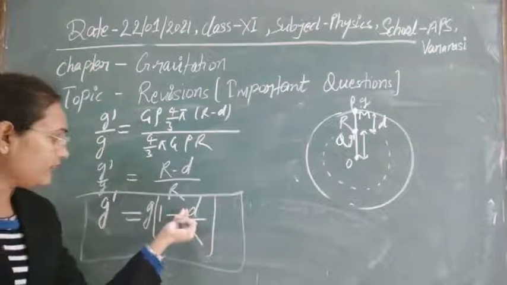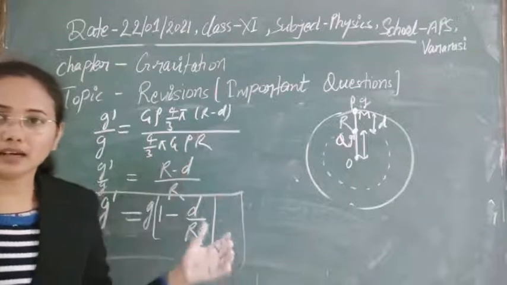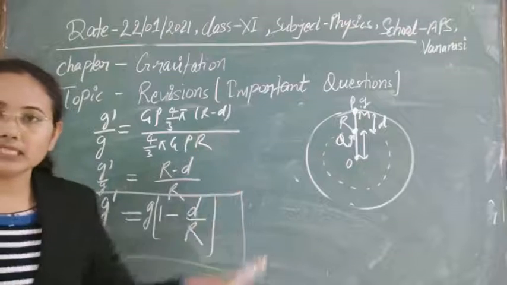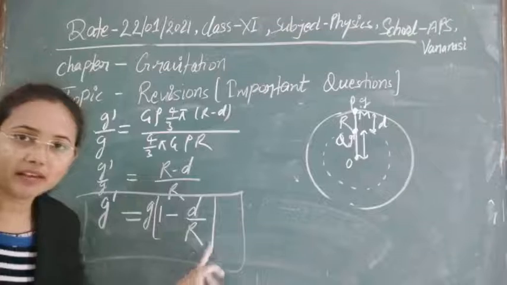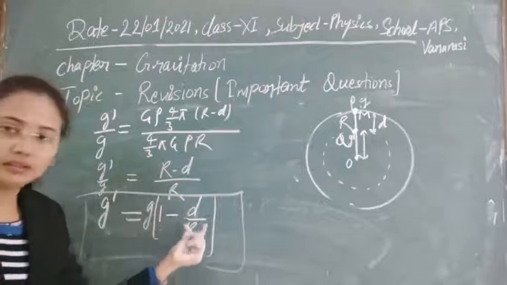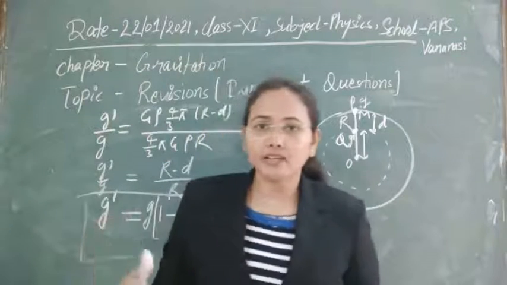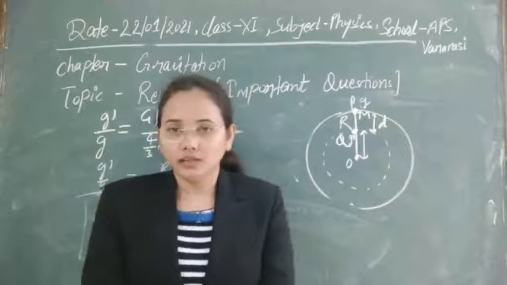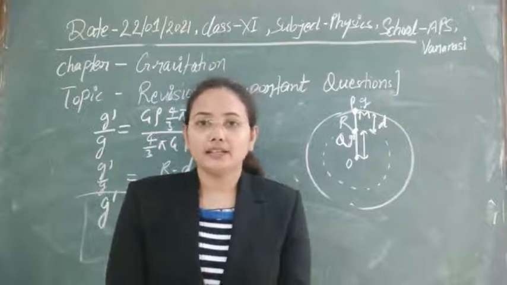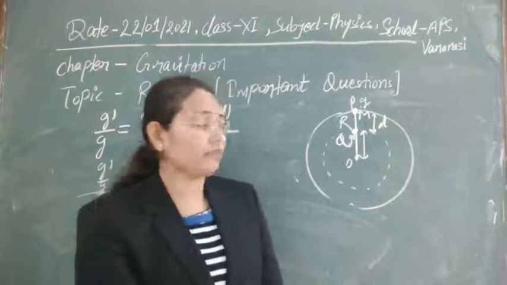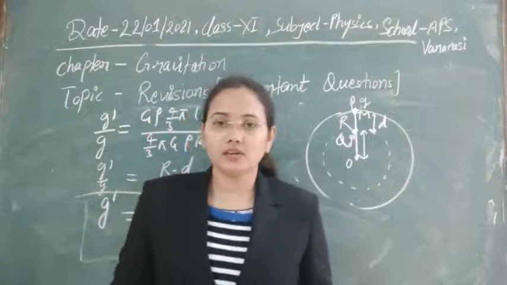Here in case of height, there were two things multiplied there. So 2 times h, with height g decreases, but with the change in depth, through this factor g d upon R, the gravity decreases here. So this is the impact of height and depth on the acceleration due to gravity, and also on the gravity that is felt by any massive body. So I think here the change is now clear.